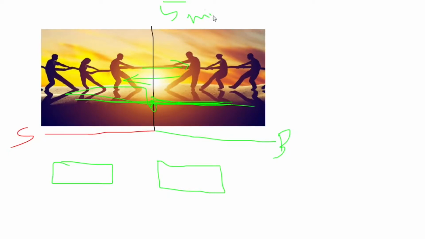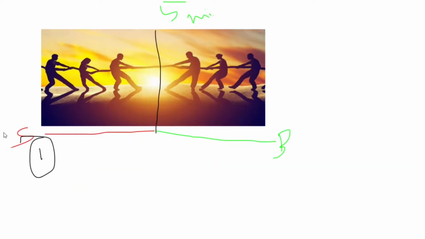Okay, so we will do some matches with these two teams. In the first match, we have two teams. The sellers are very weak. They are all thin and they don't have much power. On the buyer side, they all are bodybuilders. They go to the gym and they have huge bodies. So what happens in the first match? The buyers will be very strong. They don't give any competition to sellers and they will pull the tug to their side completely.